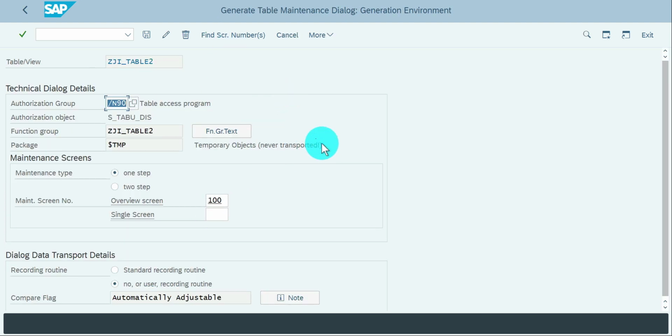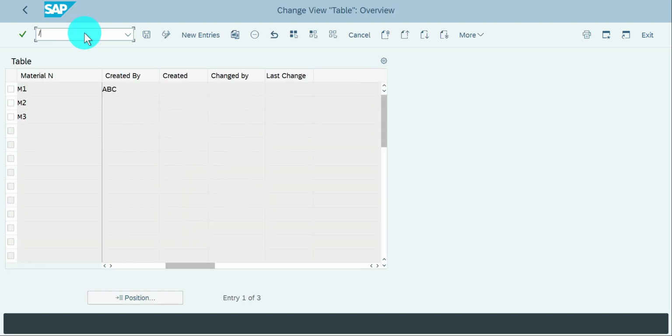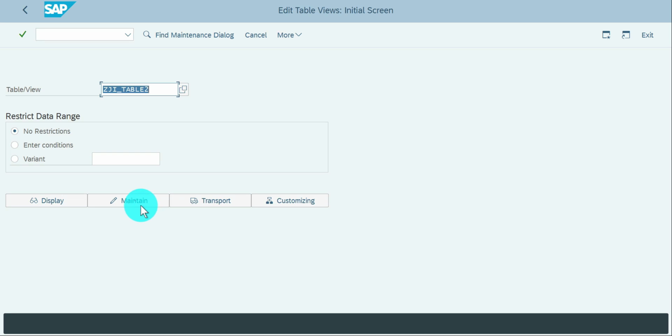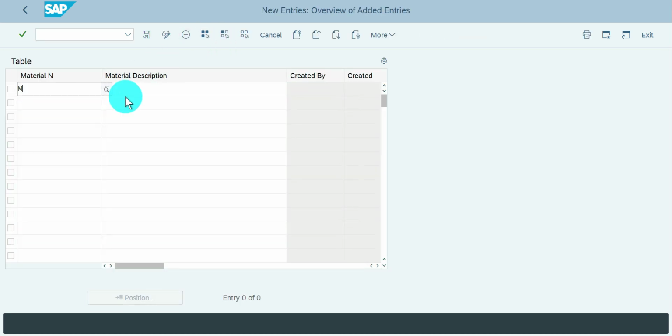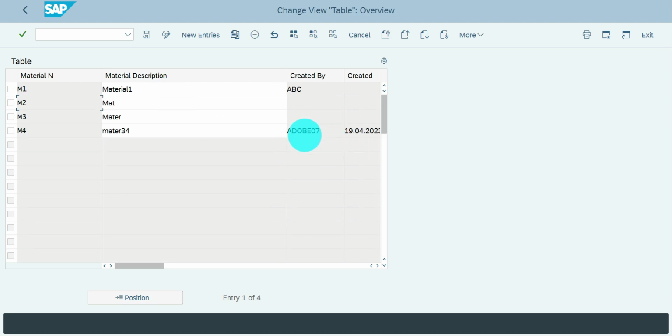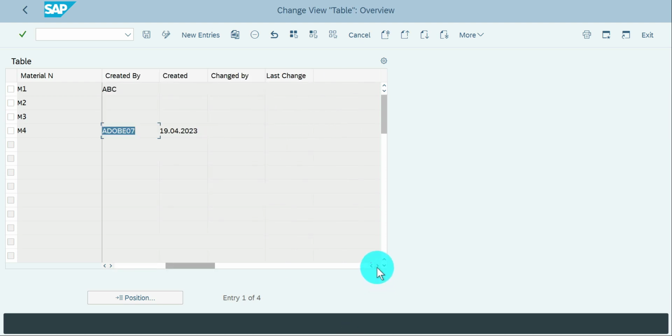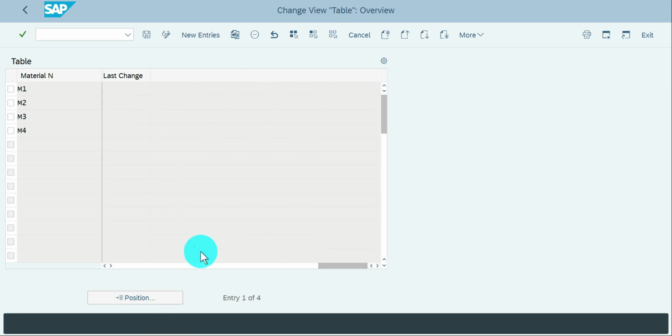Yes, I'm just in the TMG screen now. Again, slash n SM30. Start a new session. New entry, M4, MATRL. Now it's coming here, created by and created date, and click save. Saved. Okay, so this is getting from your events, the TMG events. So same thing for changed, last change, right? So now